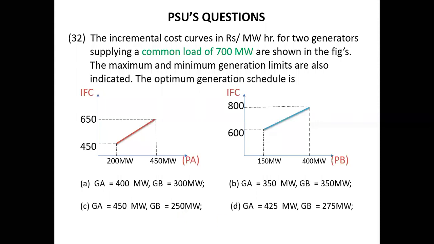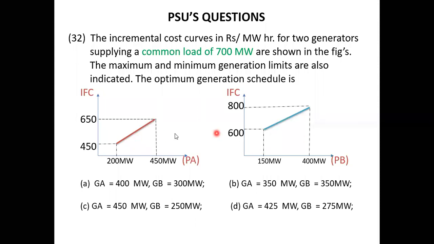So this is also a very, very simple question, and from our basic observation, we can identify the answer. This type of problem you get frequently in any competitive examination, and I can assure you the same model you will get in your online examination also. This is very important, because you need to compare simply the incremental fuel cost between generator A and